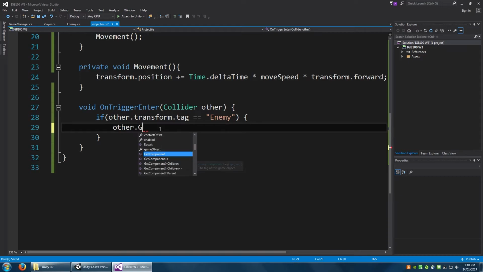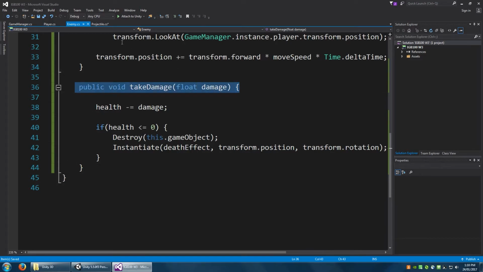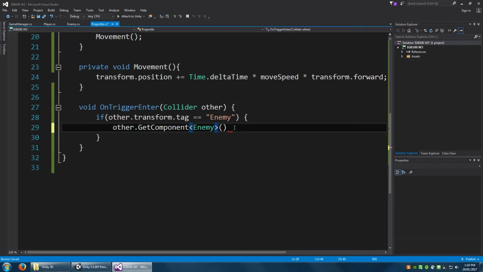We're going to specifically talk to a component on this enemy. And that component is a script that is conveniently called Enemy. So we're going to talk to the script on that enemy. And what we can do when we talk to a script on the enemy is if it's public, which it is, we can then